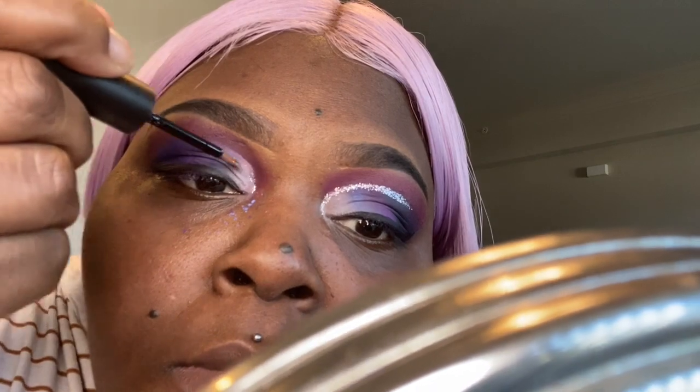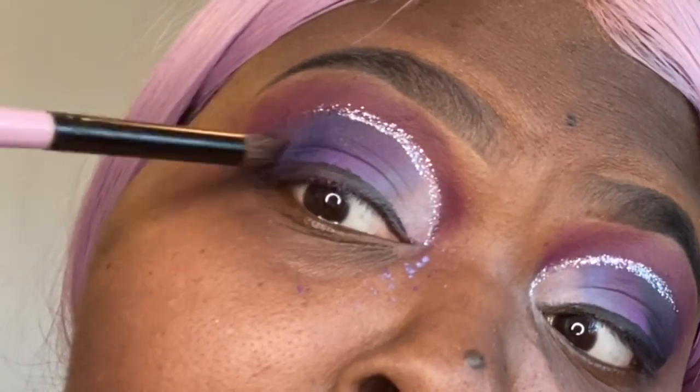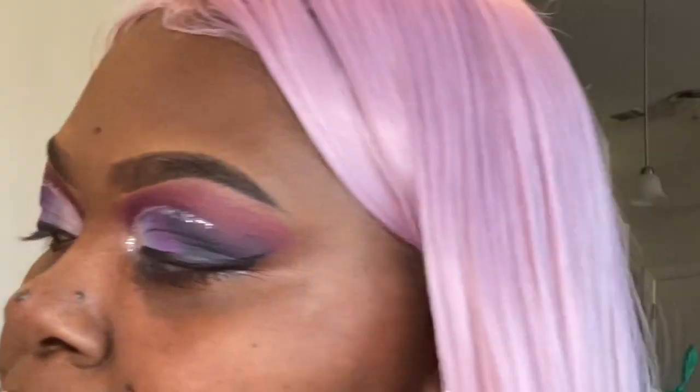This glitter actually came from Amazon. It came in a pack, a variety of glitters. I don't know the name of it, but yes, you can take any glitter that you have and put that in the crease of your lid, kind of like where you cut the crease at. I'm just blending that in a little bit more,